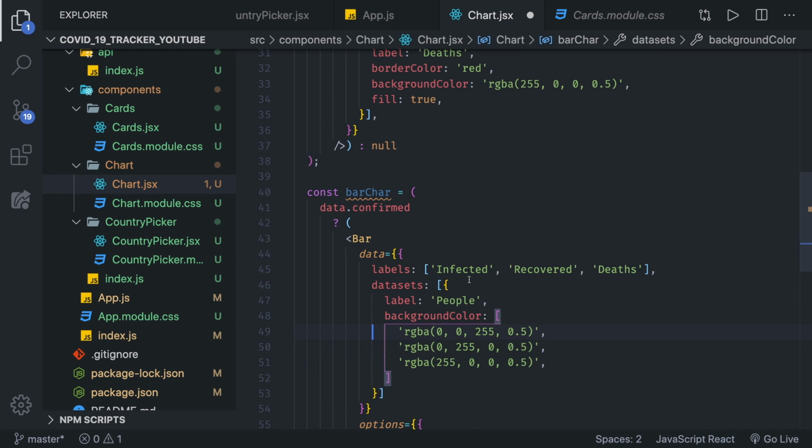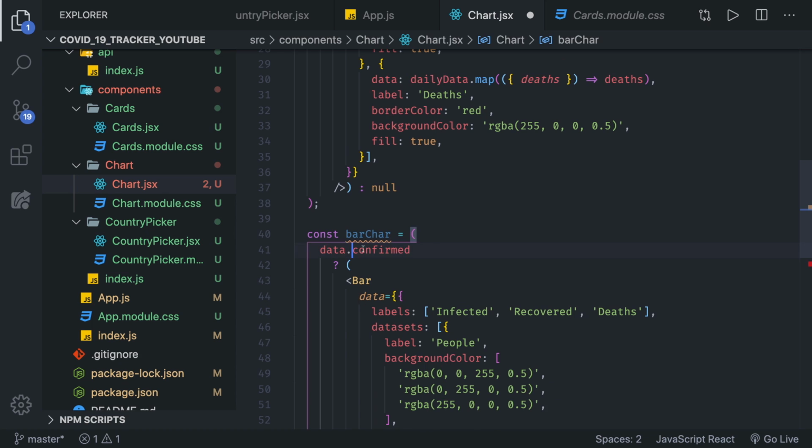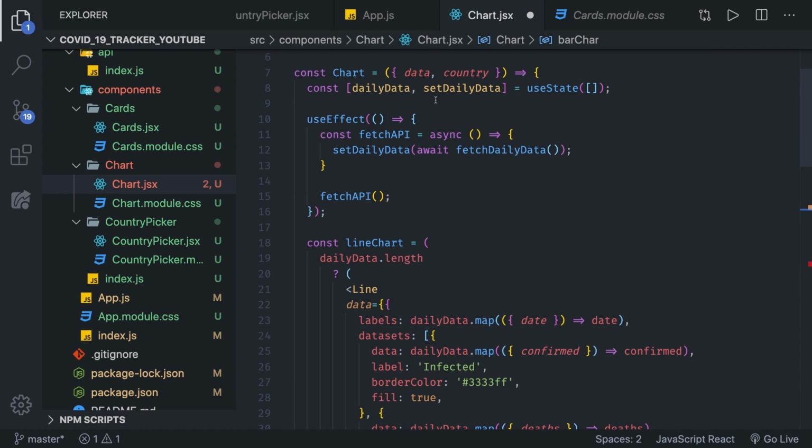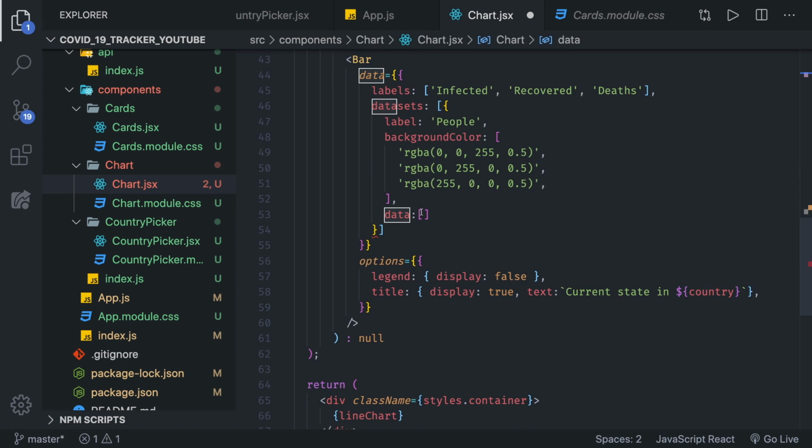That's it. We got our background colors, and the most important part is the data. So comma, data, and the data is again equal to an array. Inside of that array, we are getting the data. The data is coming right there from the props. We are passing it right here on line 7 for me. And it's coming from data.confirmed,